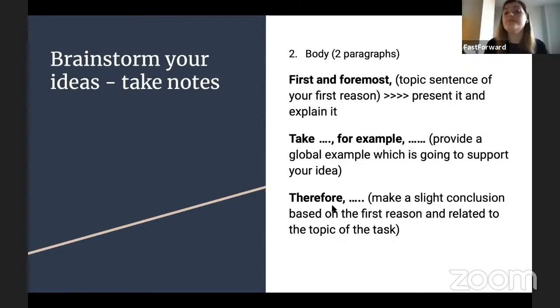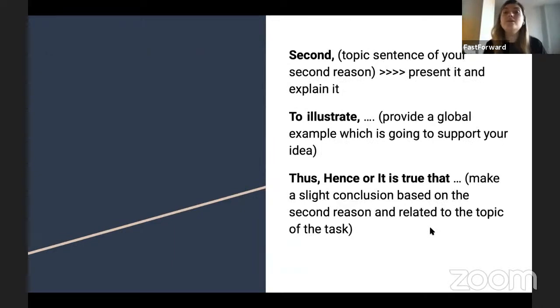And yeah, "therefore" is a very beautiful academic structure, right? Usually it is used for providing some sort of conclusive points, right? And again, we need to use all the transition structures, I think that you know that, with commas, especially in the beginning of your sentence, all right? Yeah, so this is the way we talk about our first reason. This is the structure, at least, right? It's going to be a bit clearer to you once I show you the real sample which I wrote for you. Let's move on, and I want to show you other transition structures and linking structures which will help you